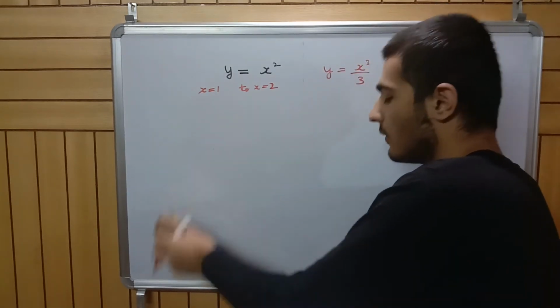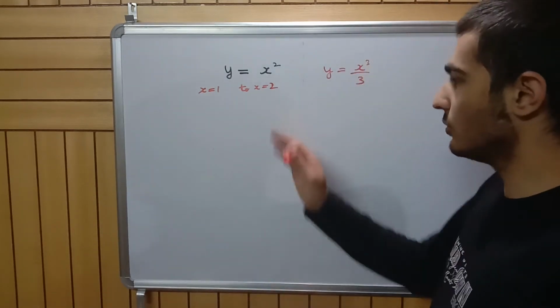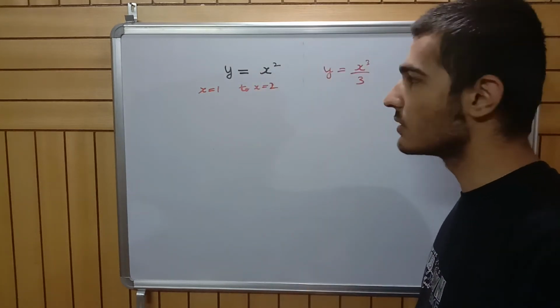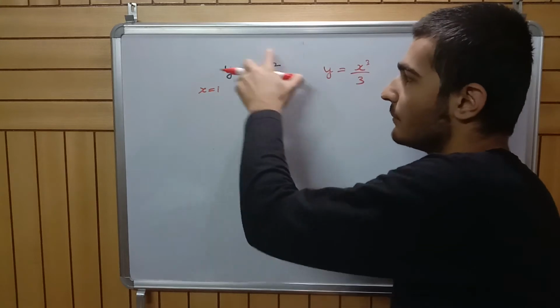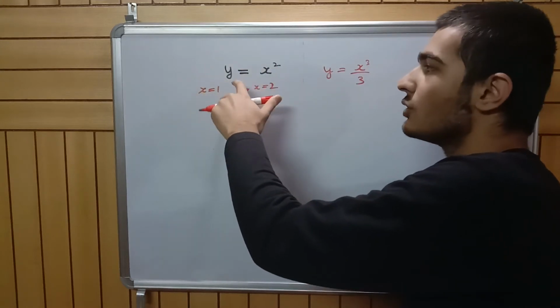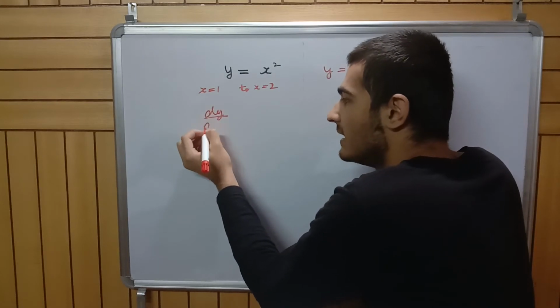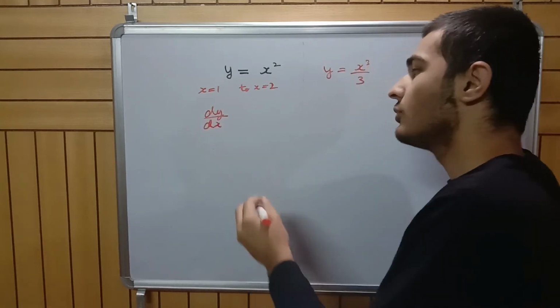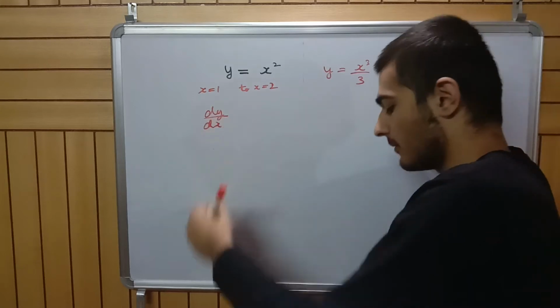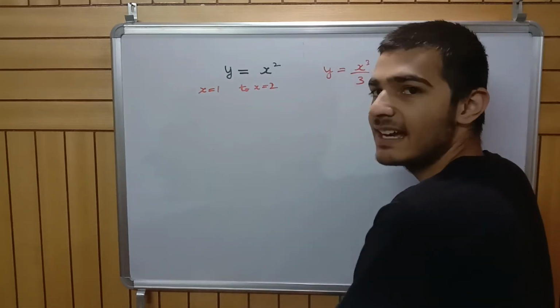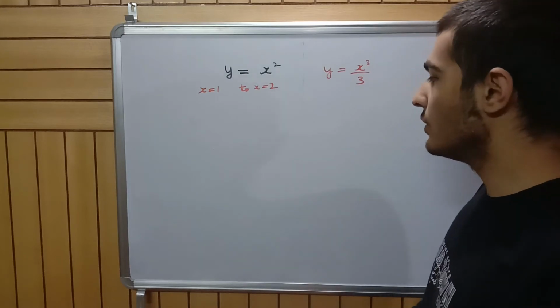So now let us see the notation first. This is how we write the original function. Whenever we used to differentiate this, we used the notation dy by dx, right? That was the notation for a derivative. Now what is the notation to write the integral? When we integrate, what do we use?